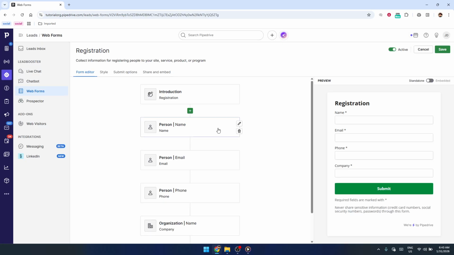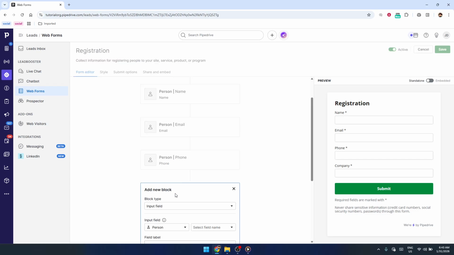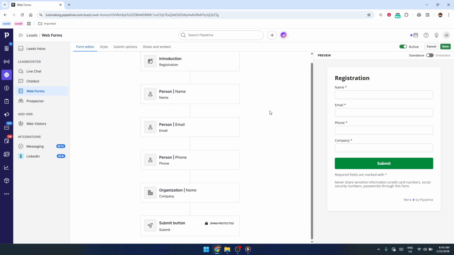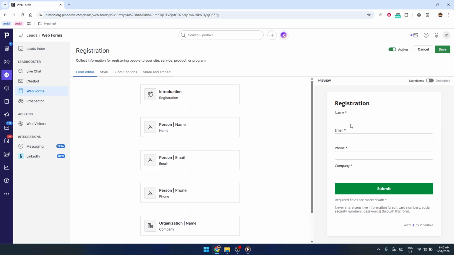Here, you'll see different content blocks stacked on top of each other. To collect email subscribers, we need to make sure there's an email field that people must fill out. Look for the small plus icon that appears between the existing blocks. Click that and select an email field from the available options. After you add it, make sure to set this email field as required. That way, the form can't be submitted without a valid email address, which is essential if you're building a subscriber